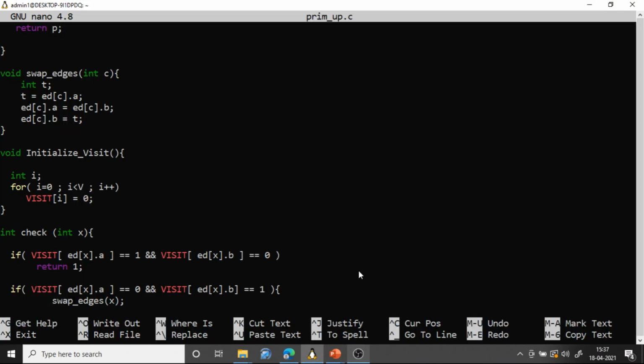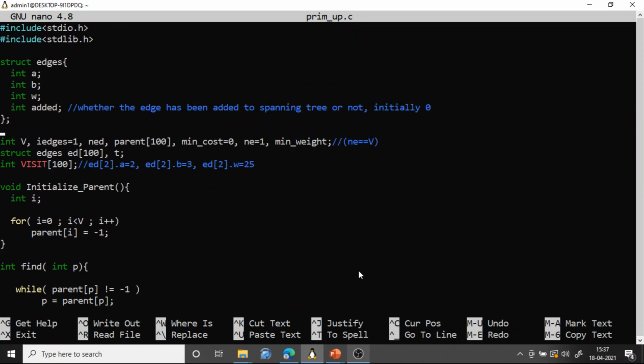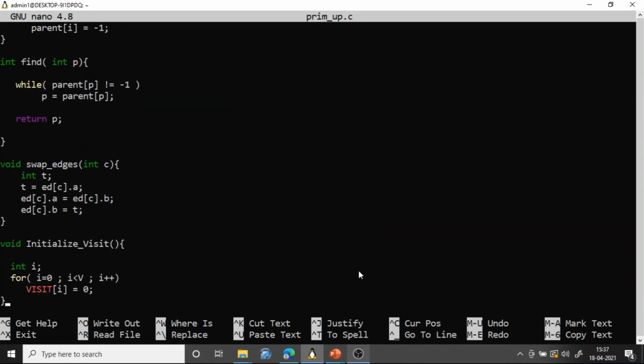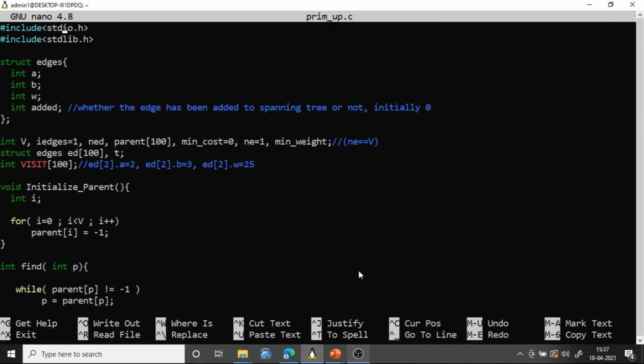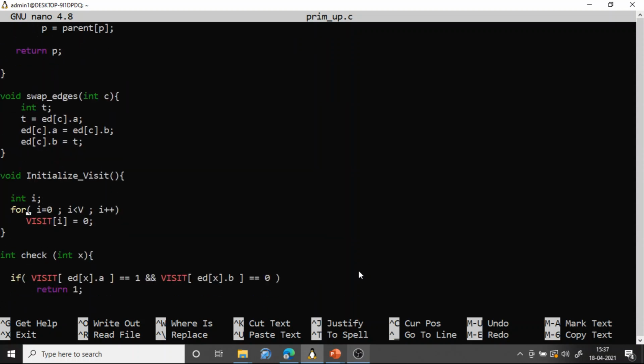Right. Now let us see the implementation of this. So here this is the set of edges, and this is same as that of the previous case. I have not made any changes, and here all these are same. We have created one more array, visit, okay, which is used to represent whether a particular vertex is visited or not. Visit of 100, and there is a function initialize visit where initially we ensure that visit of I, that is I represents vertex number, visit of all vertex is 0. Initially none of the vertices are visited.